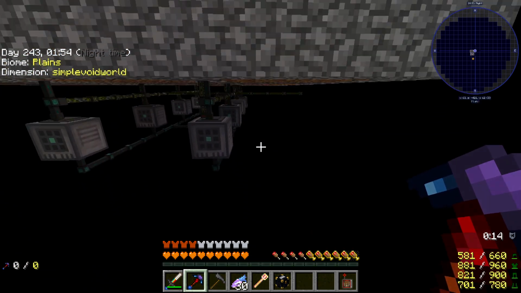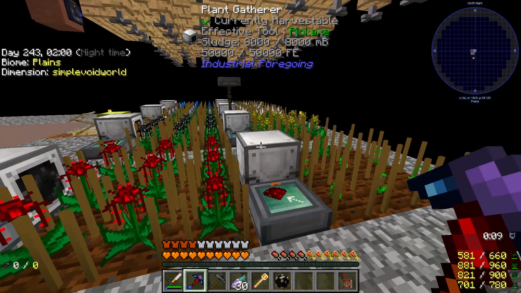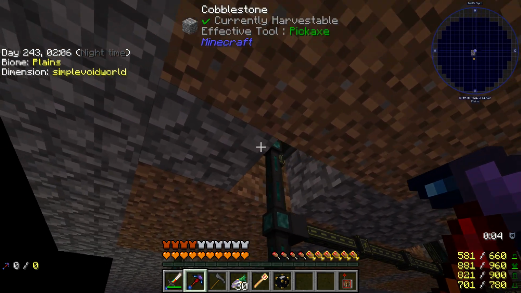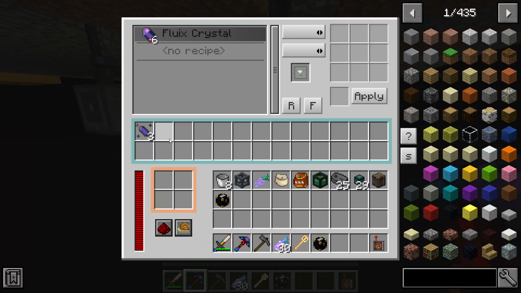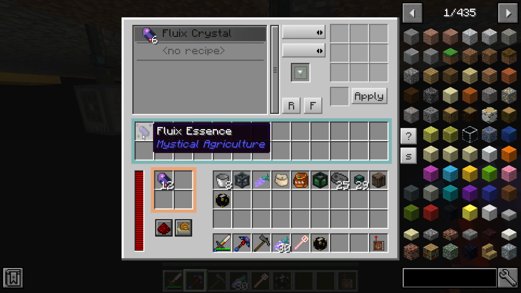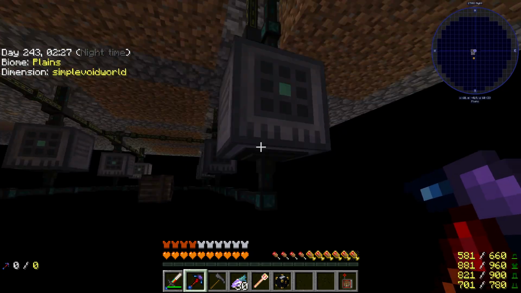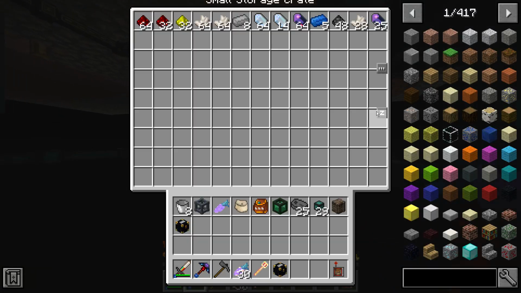Now if we come under here, you guys can see I have a little setup. Each plant gatherer has a tier 1 crafting unit underneath it. So the essence is being pumped out of the gatherer and into the crafter here, and as this gets Fluix essence, it has this recipe for Fluix crystals, and when it gets enough essence, you can see it crafts the Fluix crystals, and the resources, in this case the Fluix crystals, are being extracted and inserted into this chest at the moment. Now I want to go ahead and